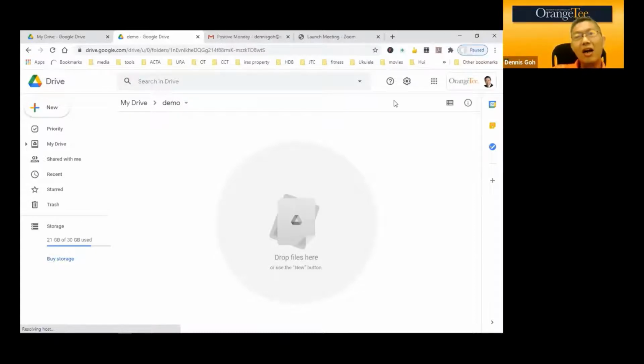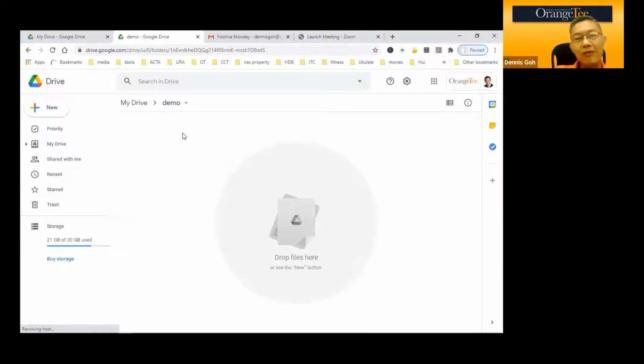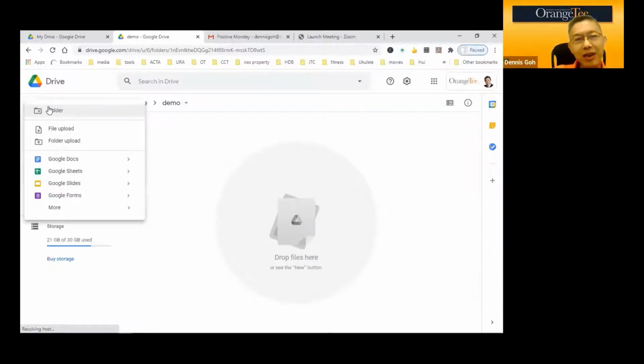All right. Now, in OT, we are all given a Google Drive. The Google Drive, in fact, is about 30 gig, so it's quite big. And we were given this G Suite, and this G Suite comes with this Google Drive. What I do is that usually in the Google Drive, I will open a new folder so that I can segregate it from all my other folders in the Google Drive,